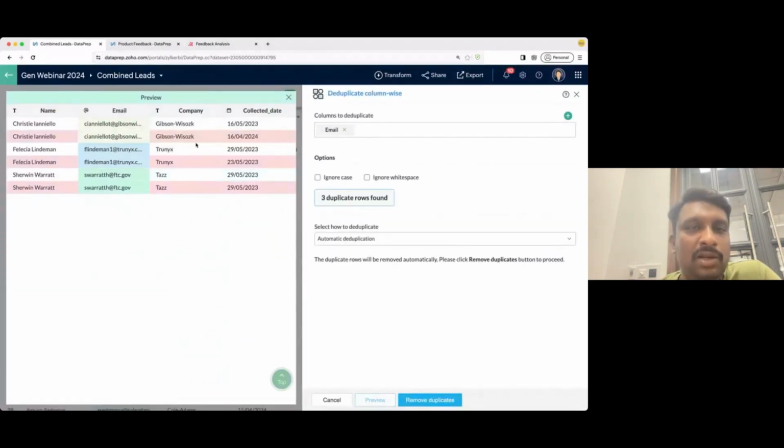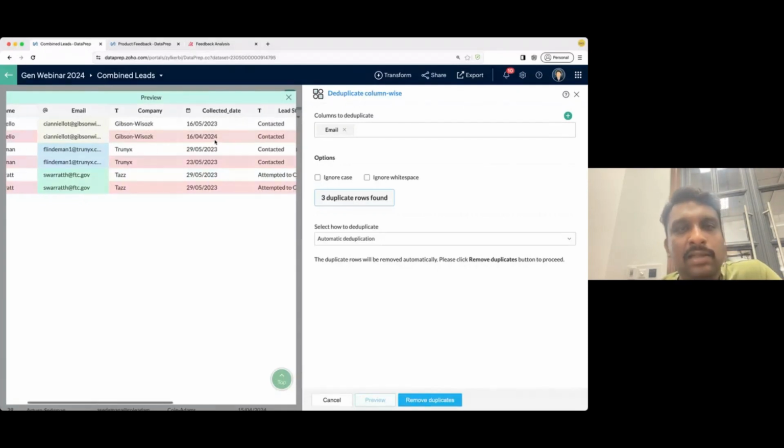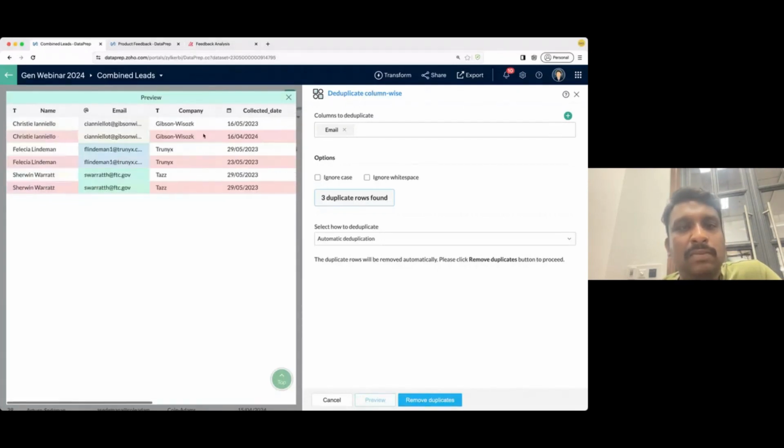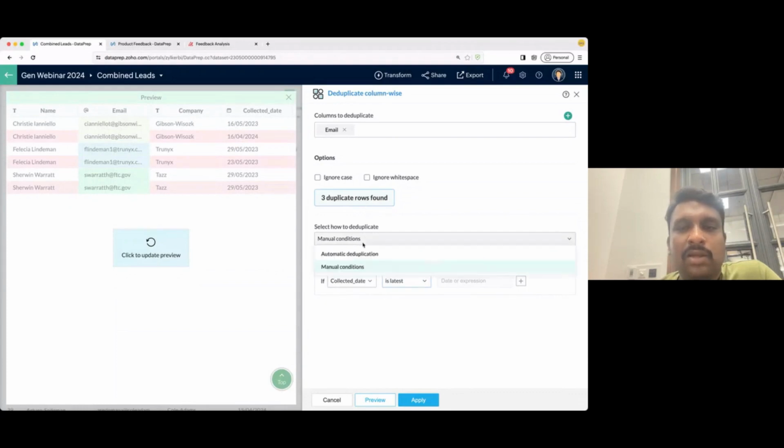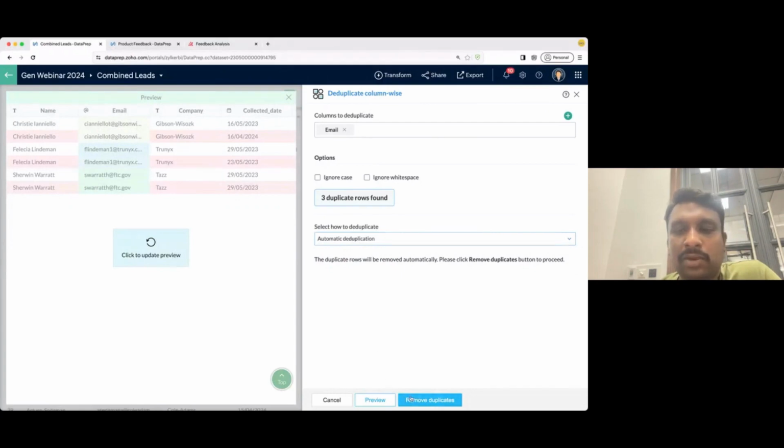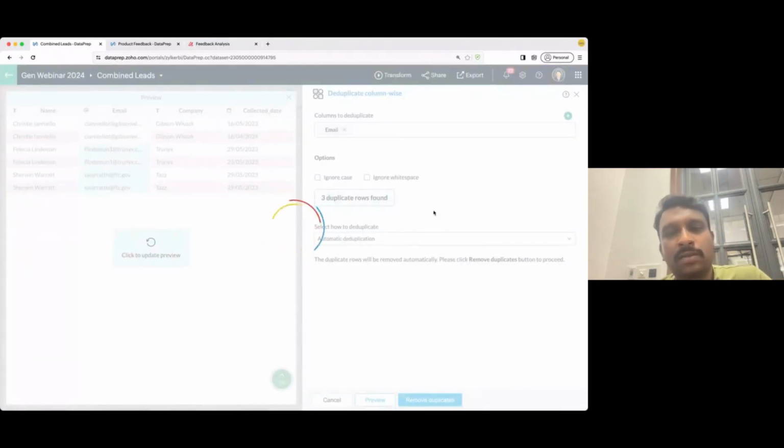It is also highlighting the leads that are marked for removal. It has picked one of the two leads to be removed. This is based on the automatic deduplicate condition. You can also set your own conditions, like choosing that the collected date is the latest, so keep the lead that was collected the latest, right? So you can set your own conditions like that, or you can just set it to automatic where it will just pick one at random. So I'm just going to remove duplicates from my dataset using the automatic deduplicate condition,